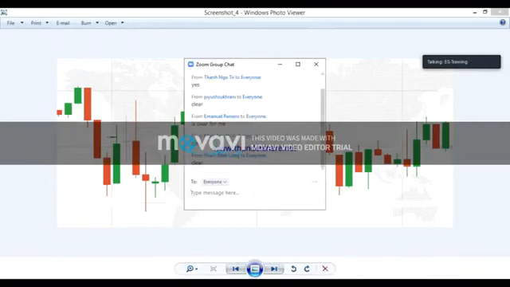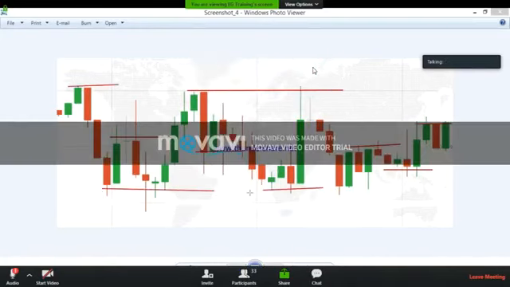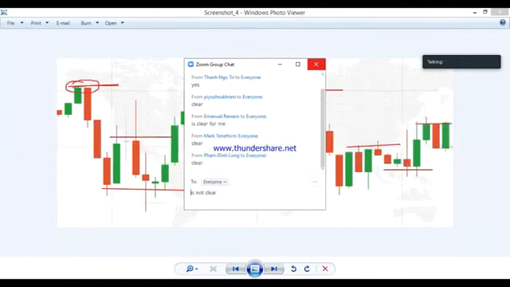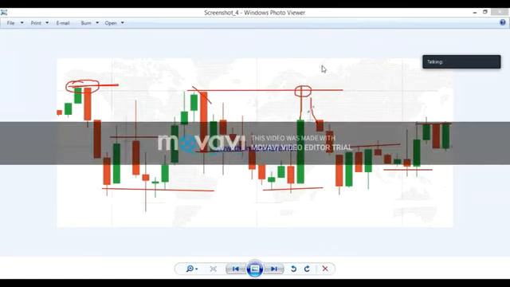So there is a level, but it reversed in the middle of the trend. If you observe this market, there is a reversal point where the market reversed without touching this level. Again, it closed below the level with rejection. Again, it rejected without closing here. It reversed directly. So we can't trade.